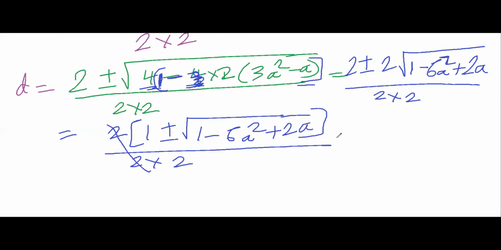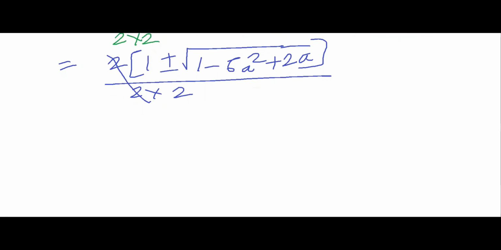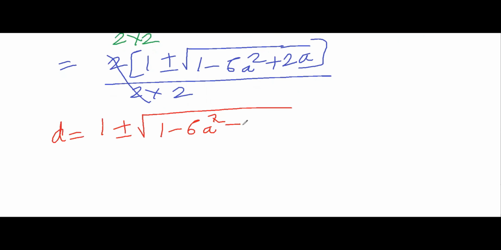ये 2 और ये 2 कैंसिल हो जाएगा और मुझे d की वैल्यू मिल जाएंगी। क्या मिलेंगी d की वैल्यू? मुझे अब जो d की वैल्यू है वो मिल गई 1 प्लस और माइनस स्क्वायर रूट ऑफ 1 माइनस 6a स्क्वायर प्लस 2a डिवाइड बाय 2, ये मुझे मिल गई। अब तुझे यहां पर थोड़ा एनालिसिस थिंकिंग करनी है, सोचना